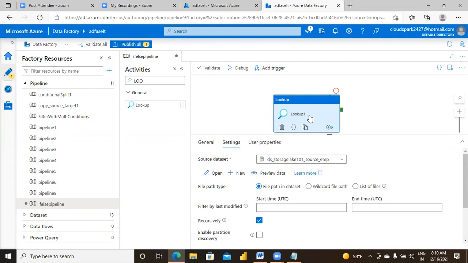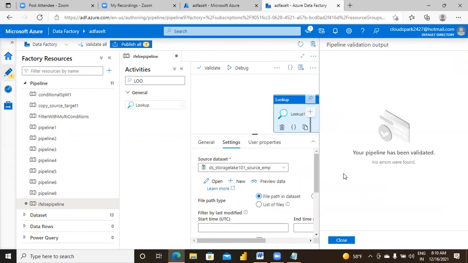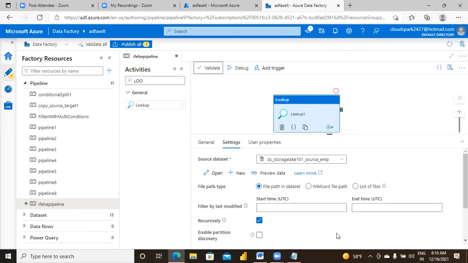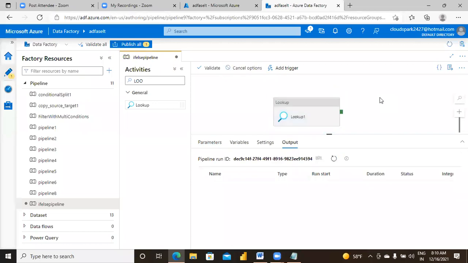My pipeline has only one activity. Just check what happens. Validation successful. Now it is in progress.